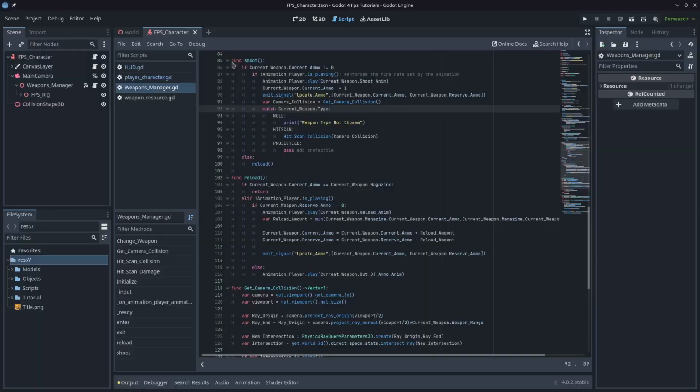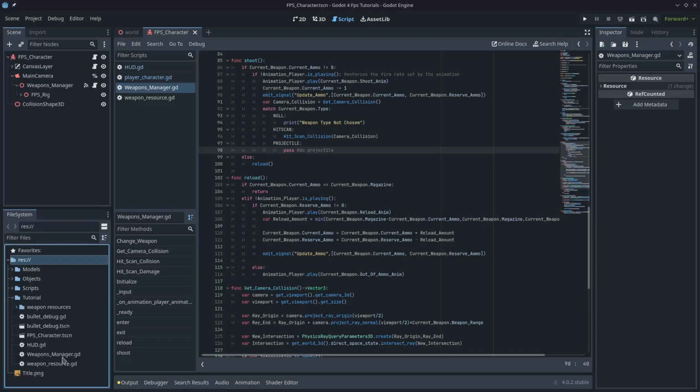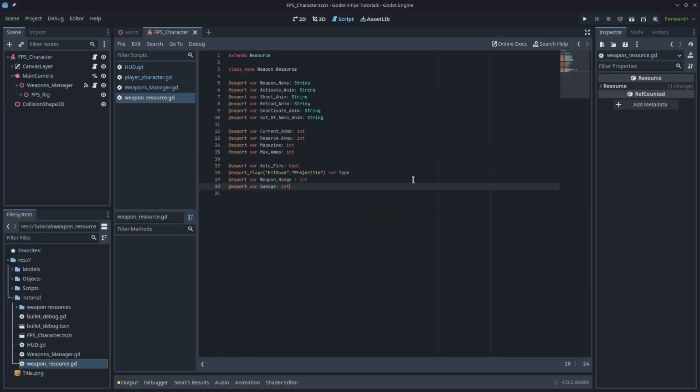Okay, so now we've set up our camera collision. We've got our hit scan done. Let's come in and set up the projectile. We just need to create a function. But first, let's jump into the weapon resource and create some variables, because if we're doing a projectile, we need